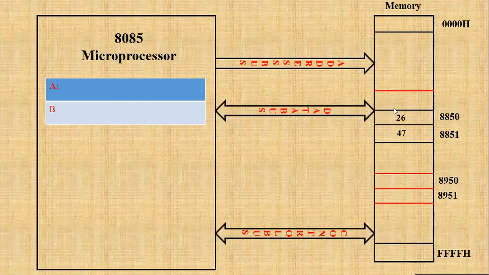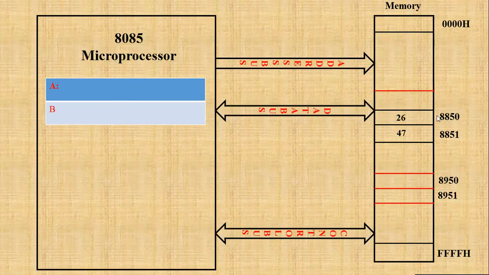You know that if you go for 8085 microprocessor, we have 64 kilobytes of memory because we have 16 address lines, therefore 2 power 16. Now we can have 64 kilobytes of memory. Here we have separate memory: read-only memory and read-write memory. We are going to concentrate on read-write memory.